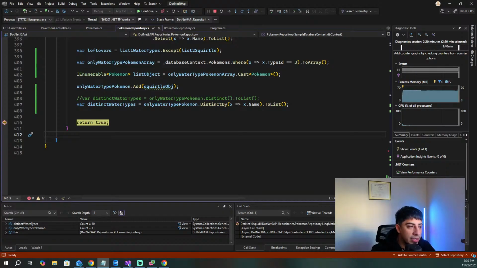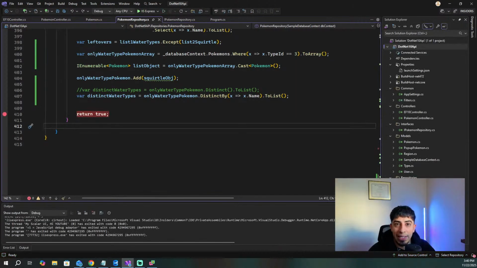But I just wanted to make a point to explain distinct by, because I've had situations where LINQ to SQL doesn't work. And that's something you guys need to be aware of, especially when working with LINQ. LINQ does some amazing things. LINQ makes your life easier. LINQ makes it to where you don't have to write as much C# code, but there are limitations to it, and they're not obvious, and sometimes they're very specific to what you're doing. But there are situations where you are going to hit that wall, and then you're just going to have to